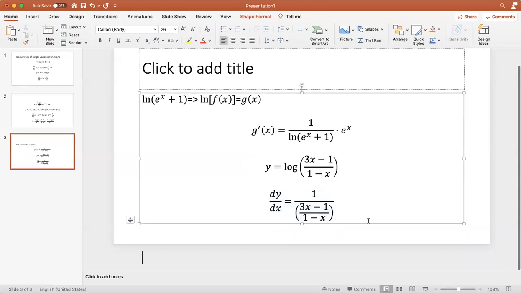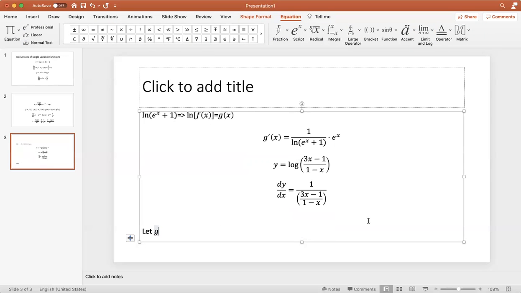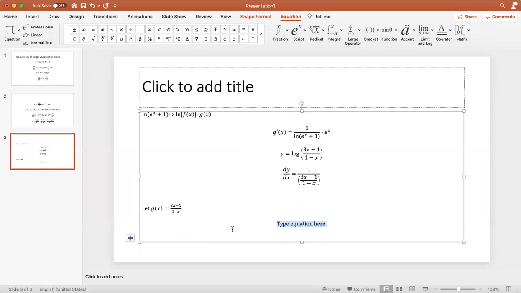To avoid confusion, let's denote the inner function to be g(x), and g(x) would be (3x - 1)/(1 - x). Then the derivative of that inner function, again a matter of personal preference, if you wanted to use the quotient rule, that's also fine. So that's (3x - 1) times (1 - x) raised to negative 1. You have two functions here, so you can use the product rule, or we can also use the quotient rule. So g'(x) would be